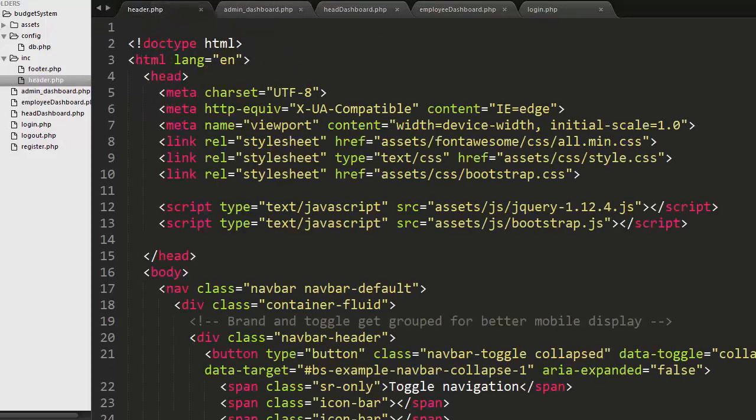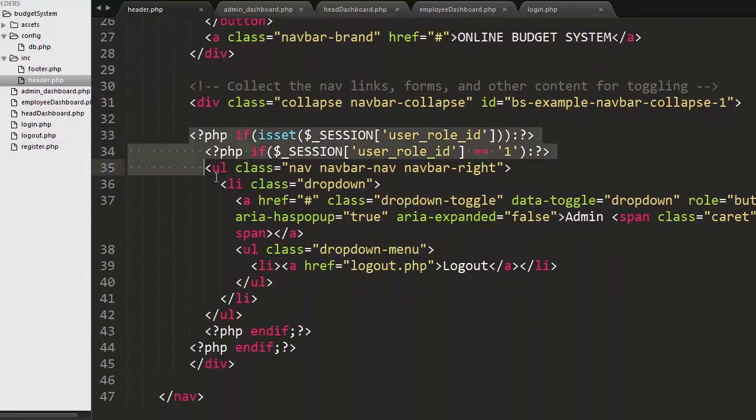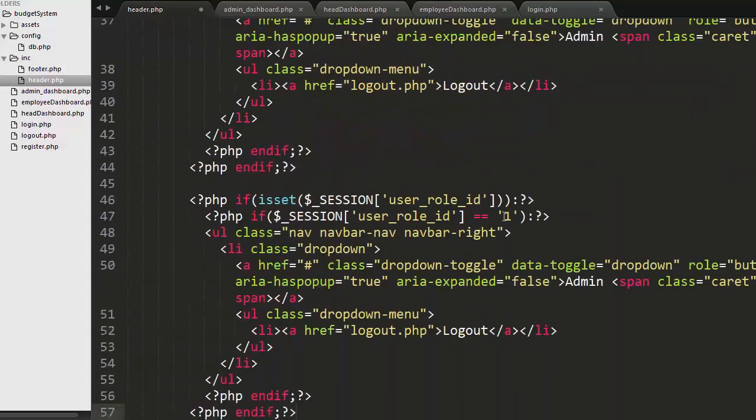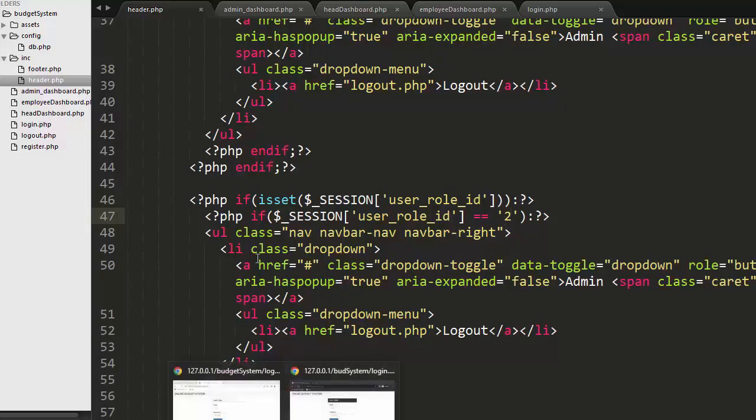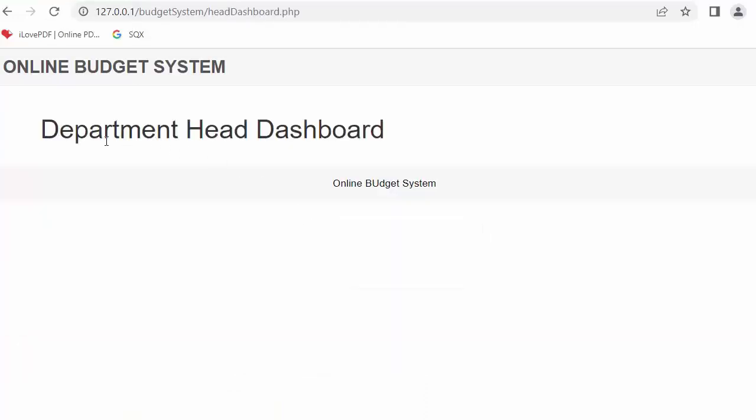So let's come to the header PHP file. We just need to copy the same code and paste it, and you need to change it: user role ID 2 belongs to department head. Save it. Now I will log in as a department head. Now you can see I have logged in as a department head. So